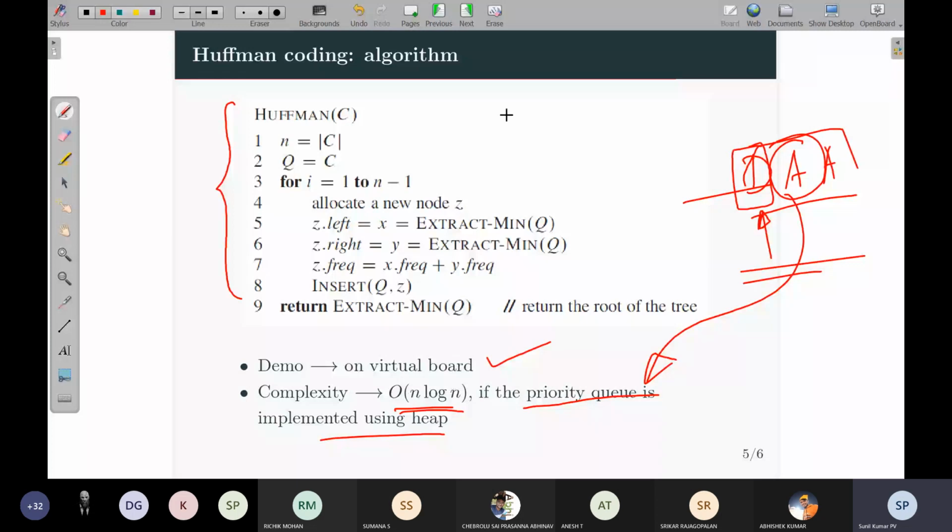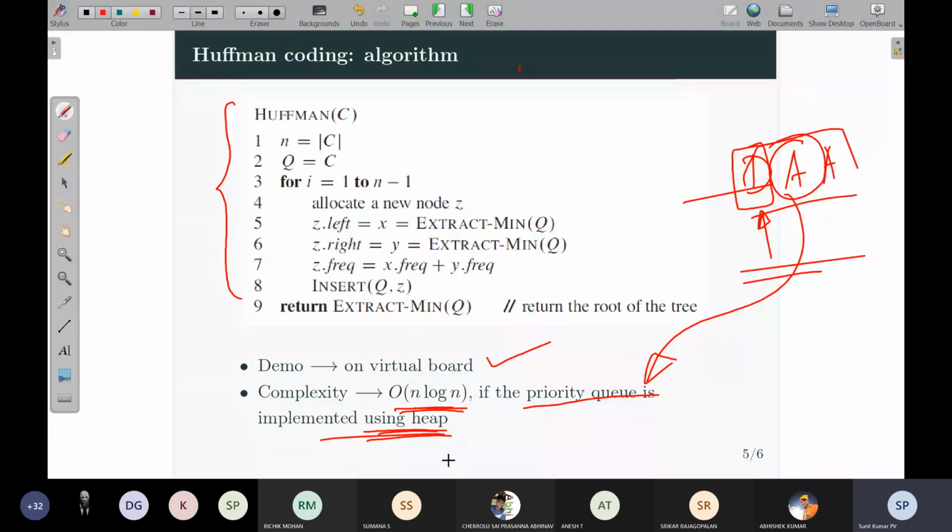That is the only task to be done which depends on the input size. Whatever depends on input size will amount to the complexity of the method. So here the only task is sorting. For that sorting, the best algorithms, you can use quicksort or merge sort so that it will run in n log n, and using heap. The minimum priority queue is to be implemented using heap. This we already discussed last semester.